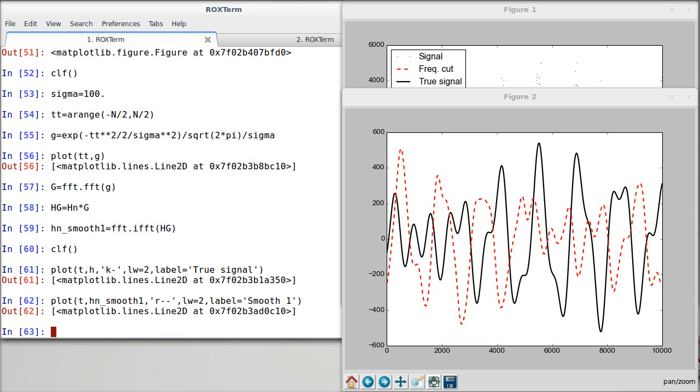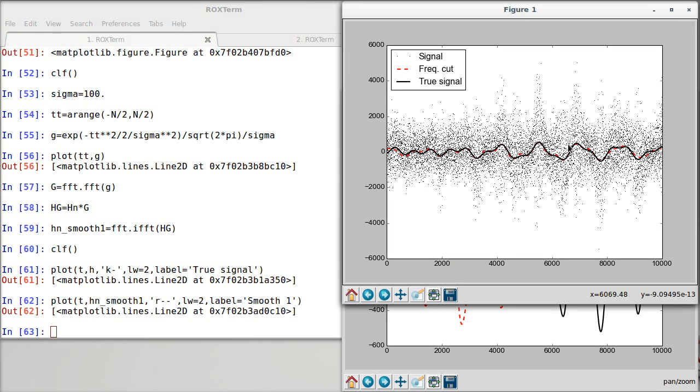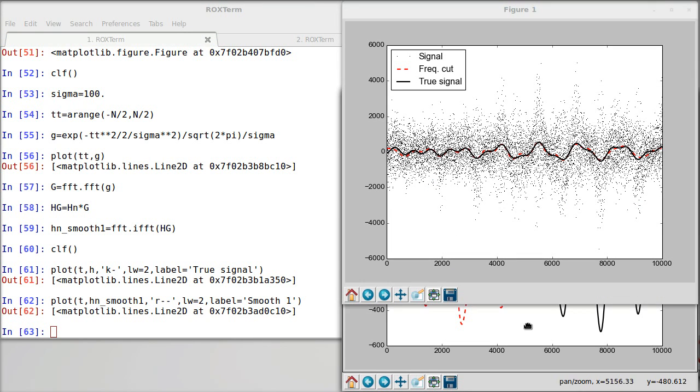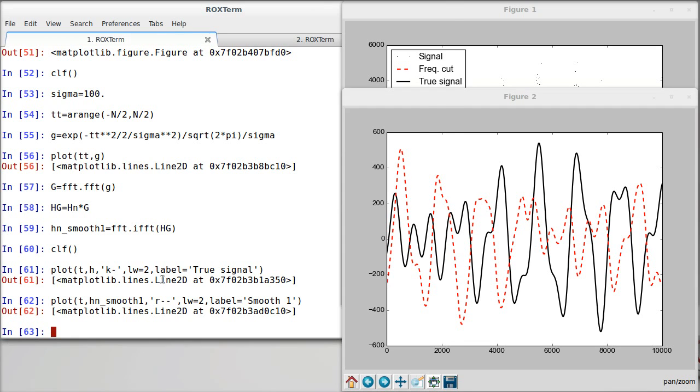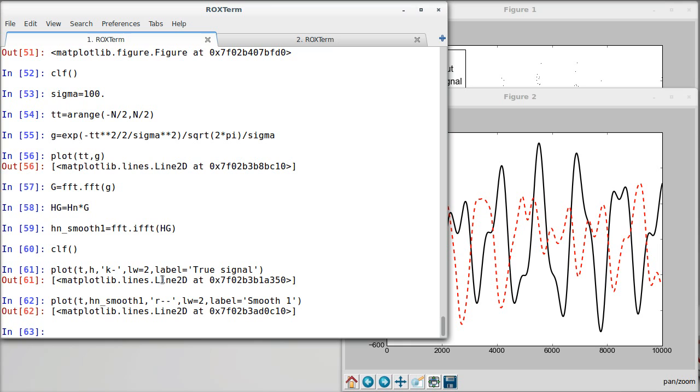So it is smooth. It's not nearly as jagged as our original thing, which had all these crazy oscillations in it, but it doesn't actually seem to agree very well. Okay. So that's a problem. Okay, so before we understand what that is, let's also point out that we don't have to do this by